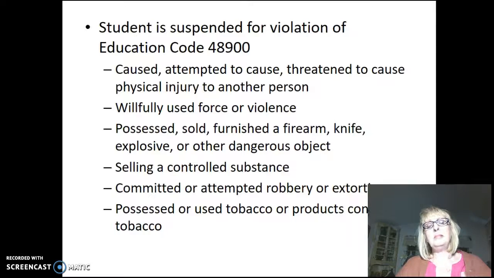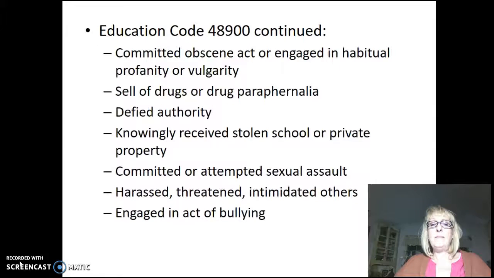So a student can be expelled if they're suspended for a violation of Ed Code 48900. This code contains things that basically caused or attempted to cause threat or physical injury to another person, willfully used force or violence, possessed or sold or furnished a firearm, knife, or explosive device, or any other dangerous object, selling of controlled substance, committed or attempted robbery or extortion, possessed or used tobacco, and other things